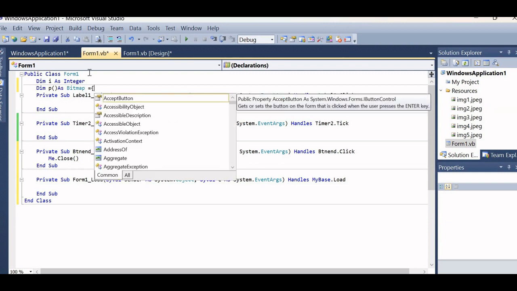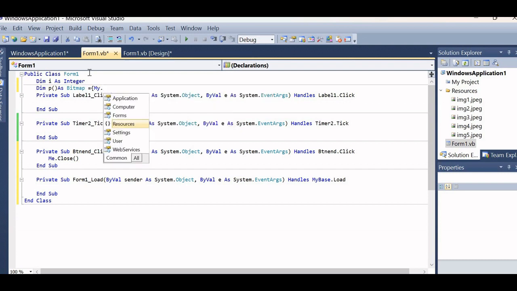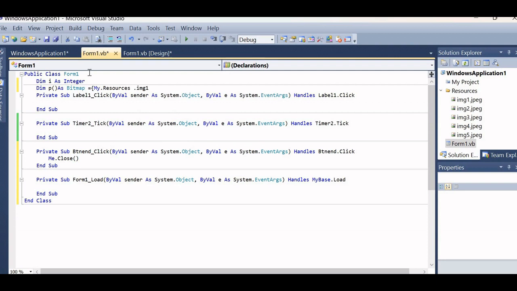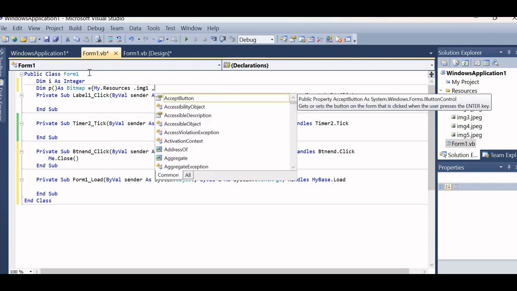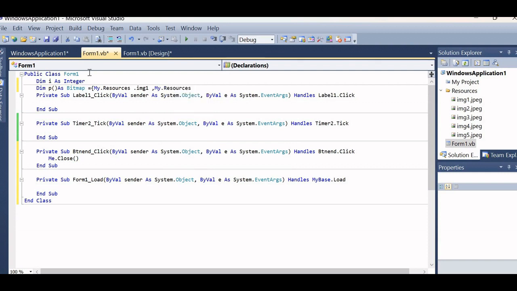For that we need to use curly brackets, and select My.Resources, then whichever image you want to insert: img1, comma, My.Resources.img2,